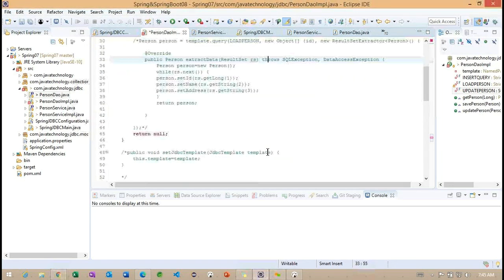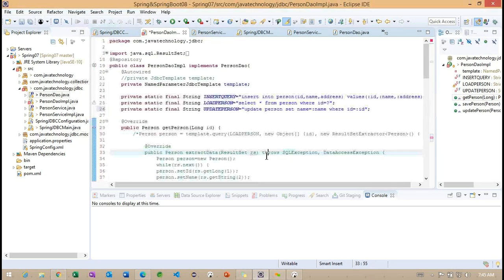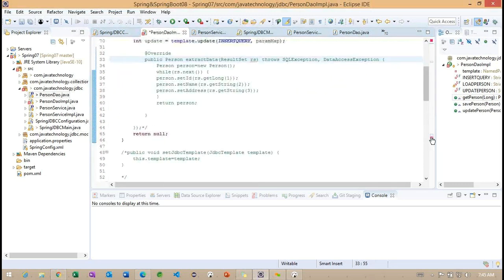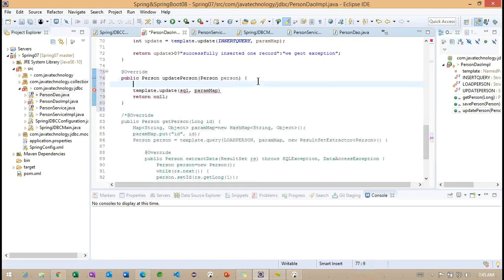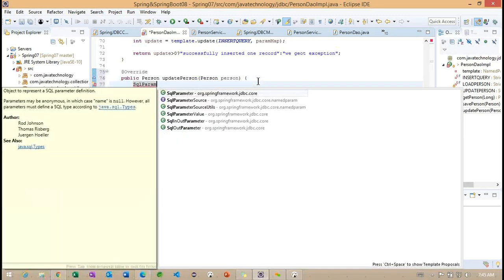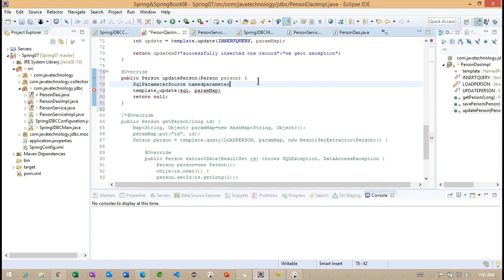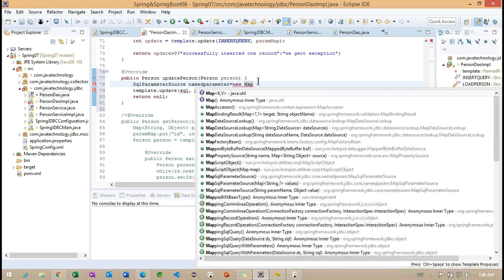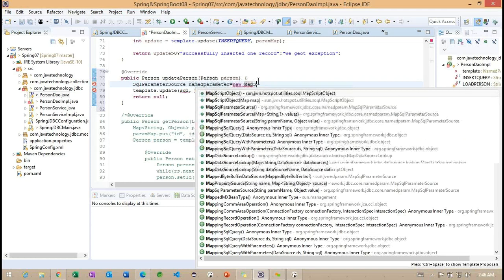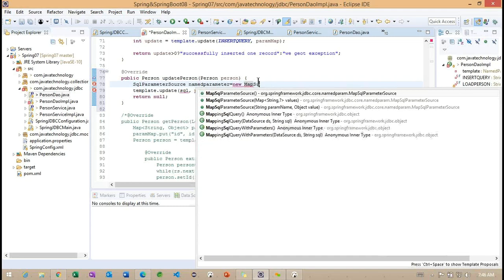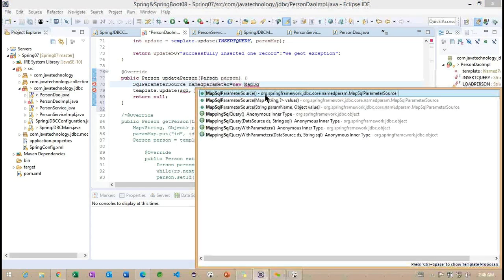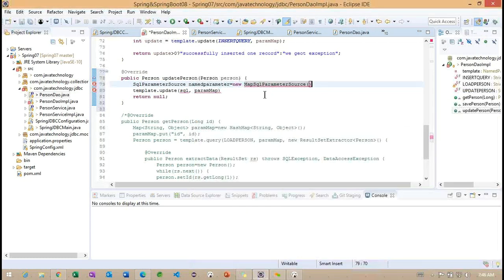So to work on this particular update, first let me go back here. We'll create here a MapSqlParameterSource, and call it name parameter, map parameters. After that I'm trying to add a value.